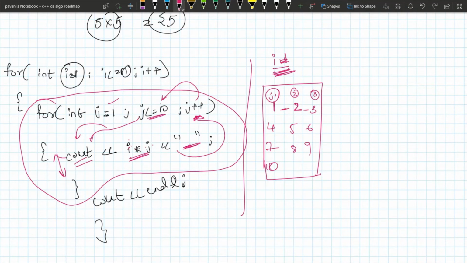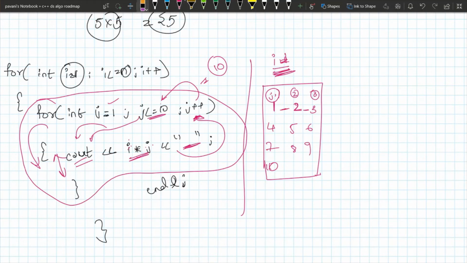I think you understood this. This code is going to be executed 10 times. For every iteration, the j value is increasing, and the i value is remaining the same. Because in the first iteration, the i value is 1, right? After j has completed its 10 iterations, then the i value is going to be incremented, right? Yeah, I think you understood this.